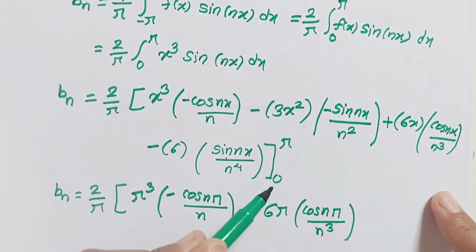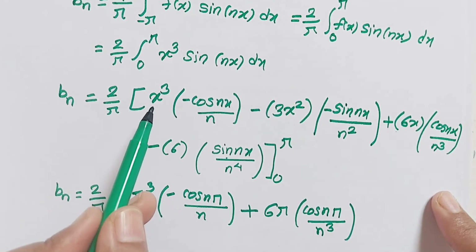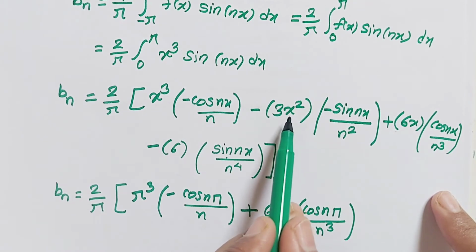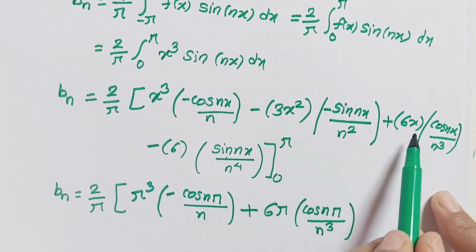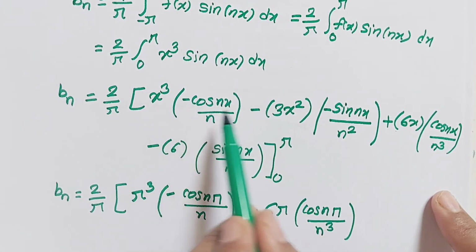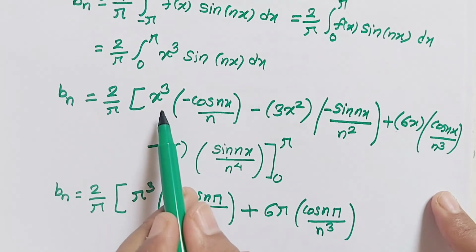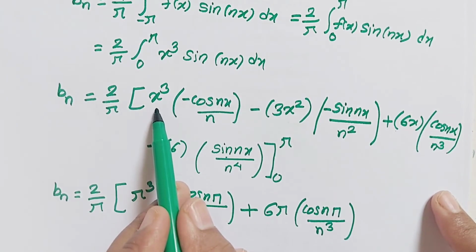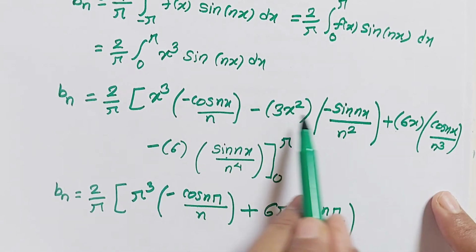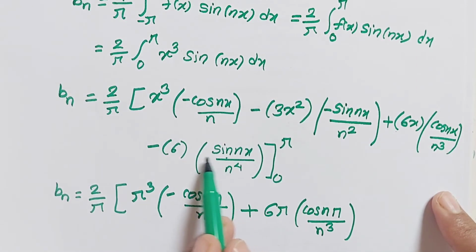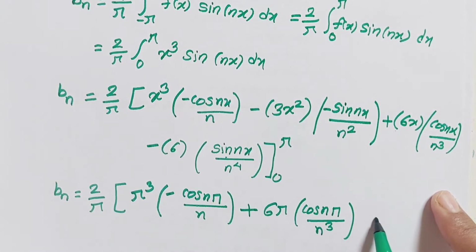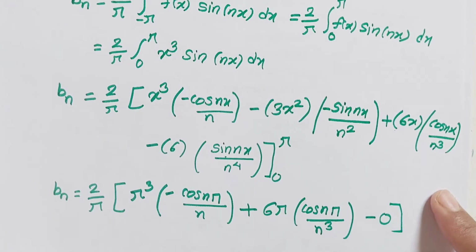Now put the lower limit. If we put x equals 0, this term is 0 because in multiplication it contains x, here again it is 0, and this one is again 0 because these terms contain x in the multiplication, and if we put x equals 0, then the product contains 0, so the product of the term is 0, so all these terms we get 0. Now here x equals 0 and sin of 0 is 0, that means the whole term is 0 for the lower limit.